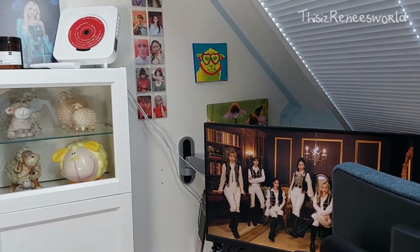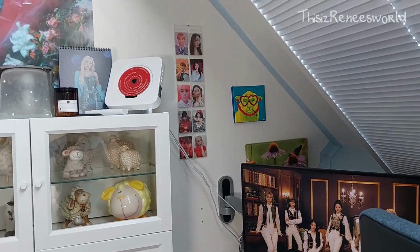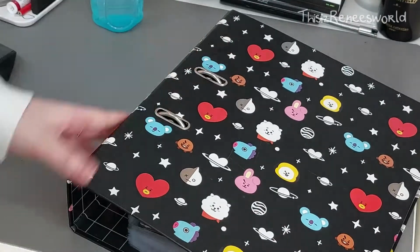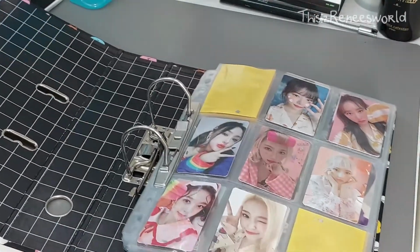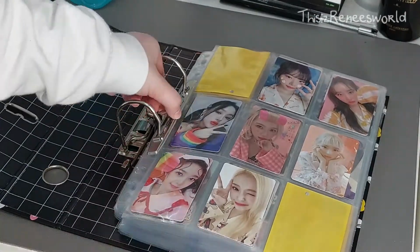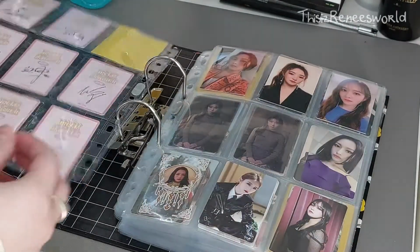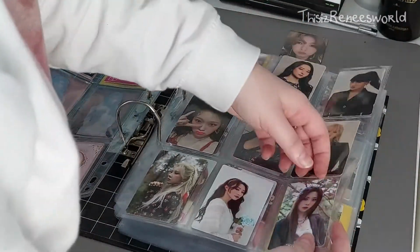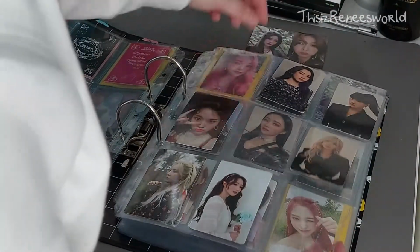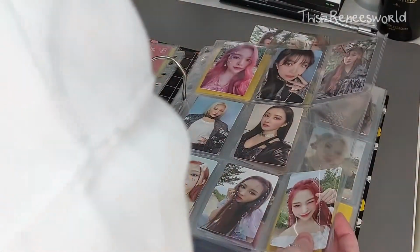And I am going to sort out some photo cards in a green kind of theme because that's the theme that I'm going for March, and I am using those photo cards in my kind of display folder thing and on my wall as well. So while I am sorting out which photo cards I am going to use for my display, let's fill you